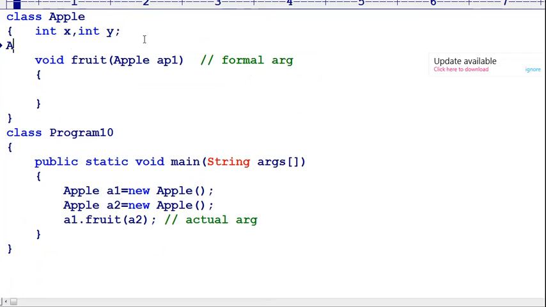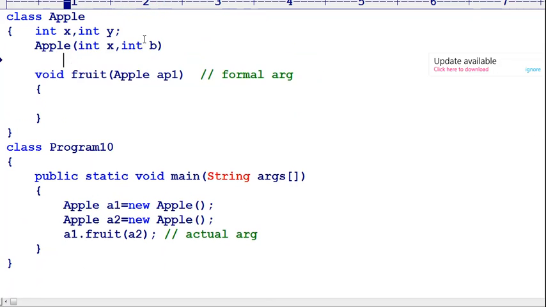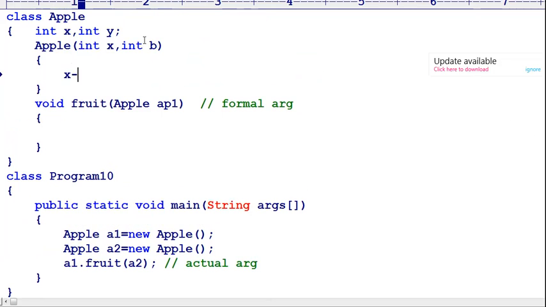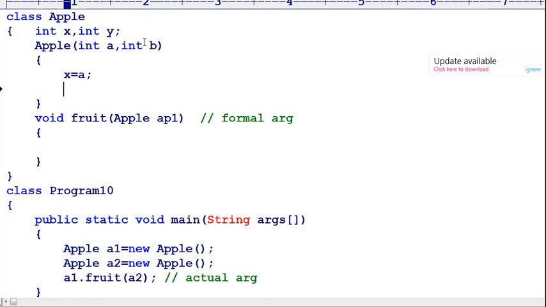I am writing the constructor: Apple followed by int a comma int b. Then a is assigned to x, and y is getting the value from b.